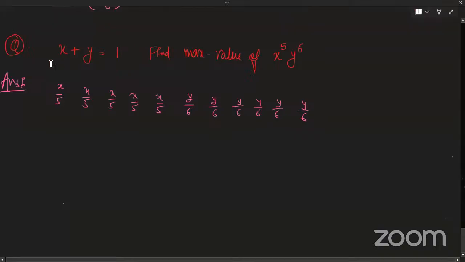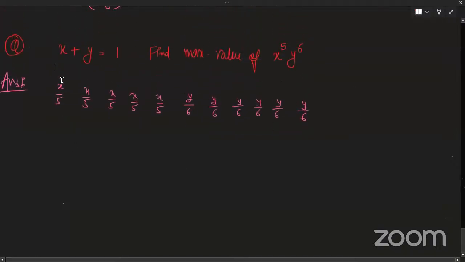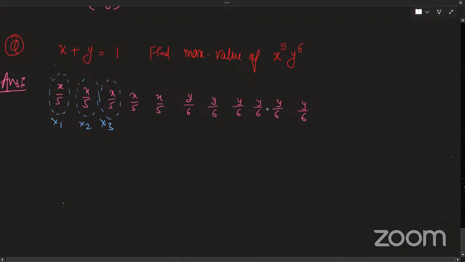Can anyone think now? I have split x into 5 parts and I have split y into 6 parts. What can I do now? Very easy. Treat all of these as single entities. So this one is x1, this one is x2, treat this one as x3, same way. So now can you take the sum? So it is x1 plus x2, so on,